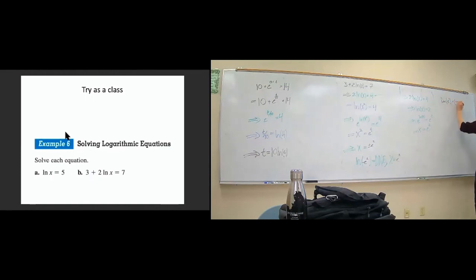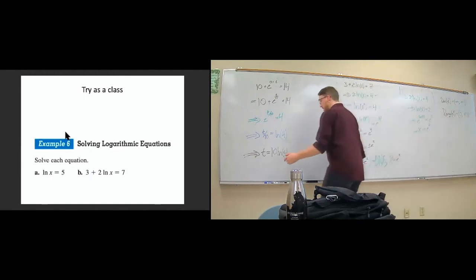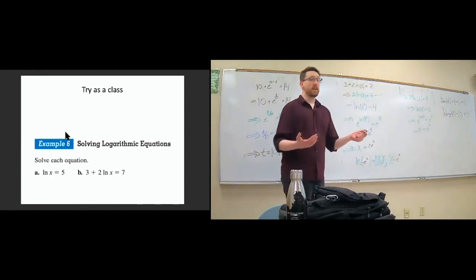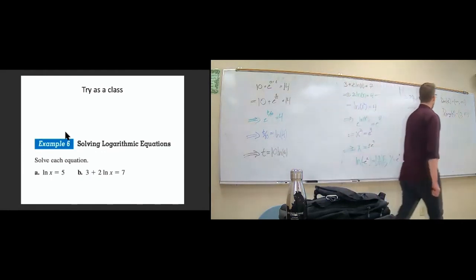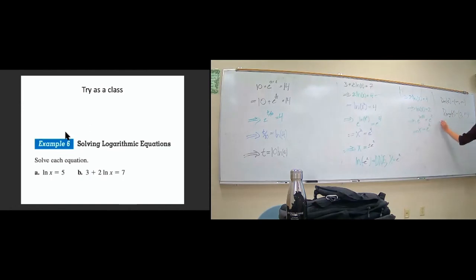Negative infinity to infinity. But the range of e to the x is going to be 0 to infinity, but we can't ever reach 0. And since the ln is the inverse function, we're going to flip the range and domain for the ln. The domain of the ln of x